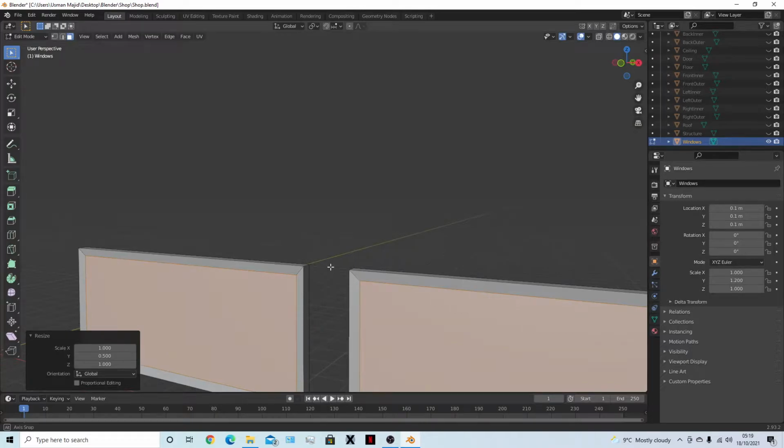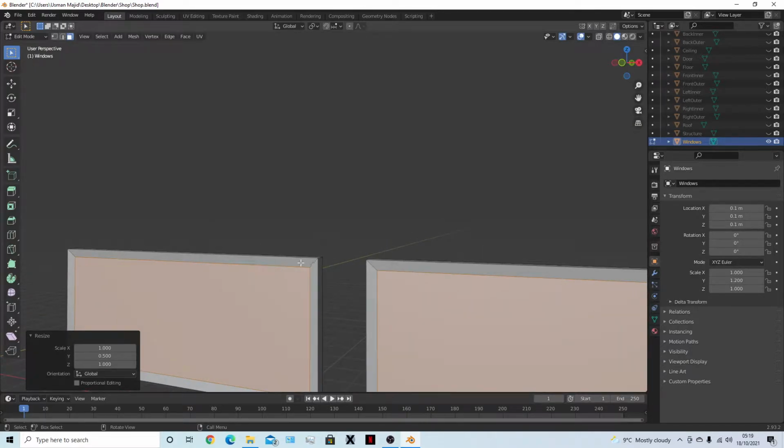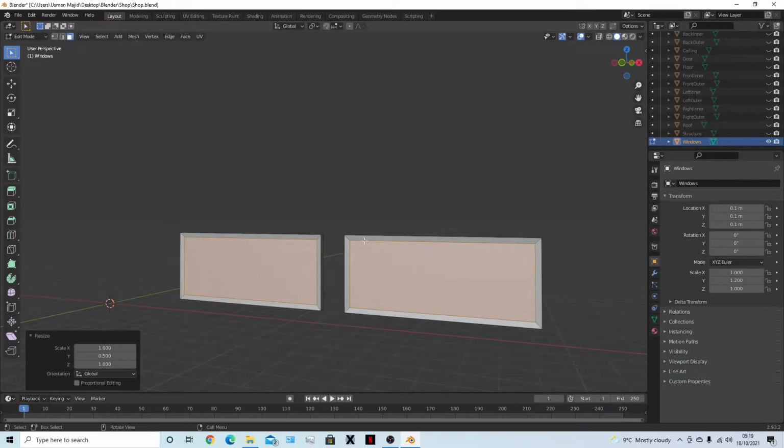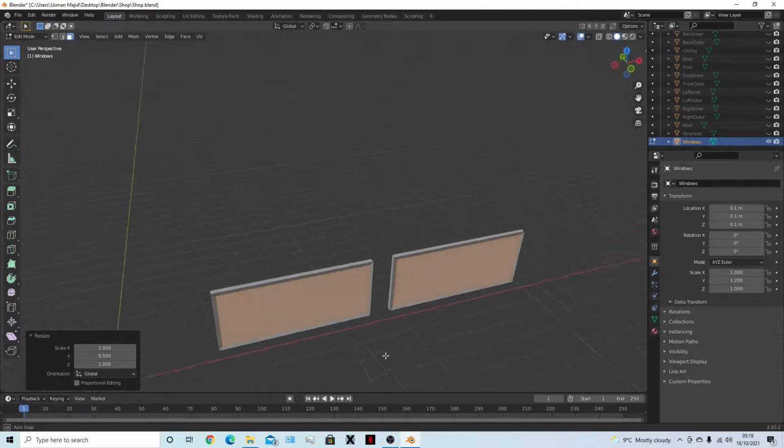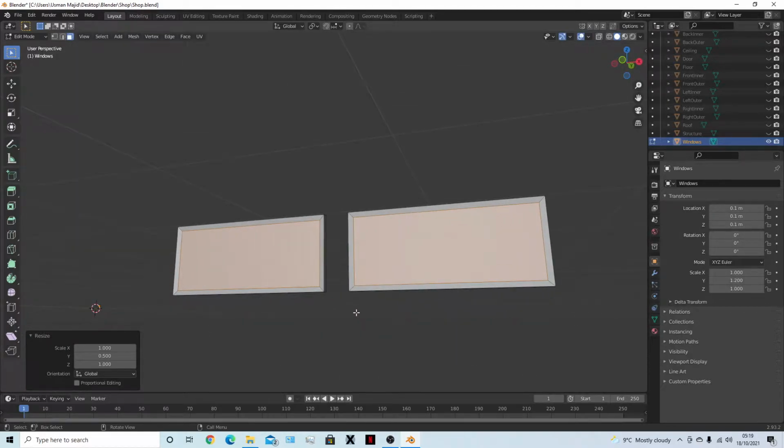So no, should be fine. So that was 240 centimeters. I inserted it, but after that I scaled it down, so that 240 times 0.5, that's about 120 centimeters now. Sorry, the glass area is 120 centimeters now